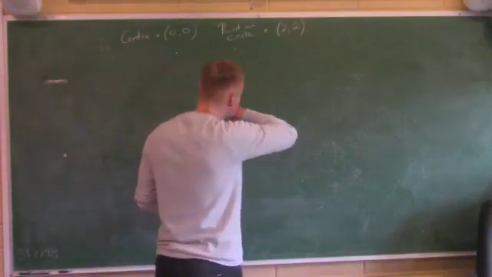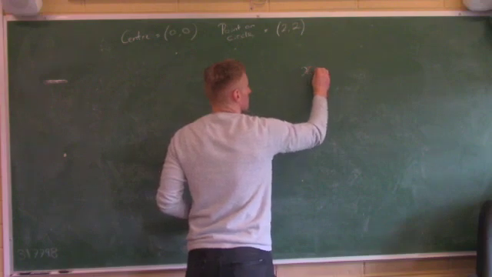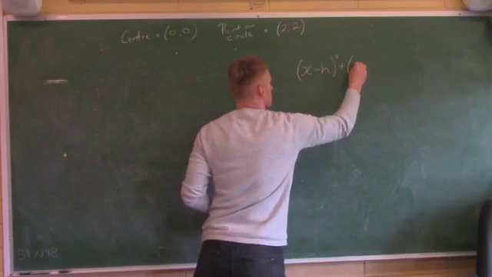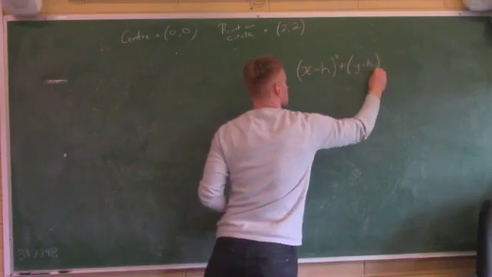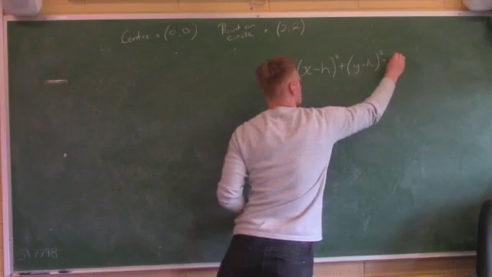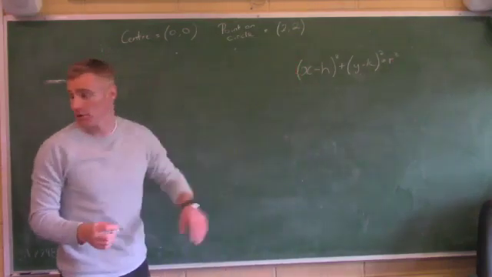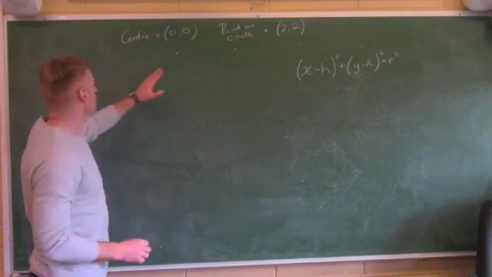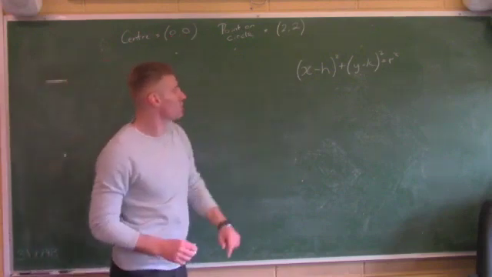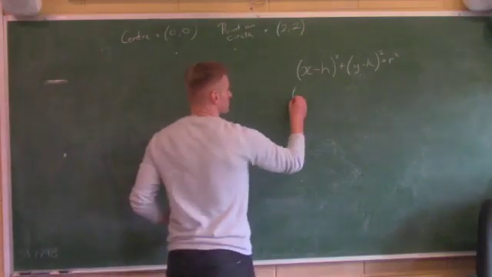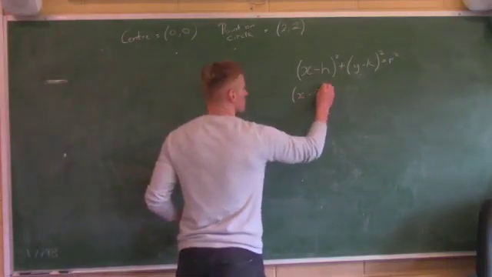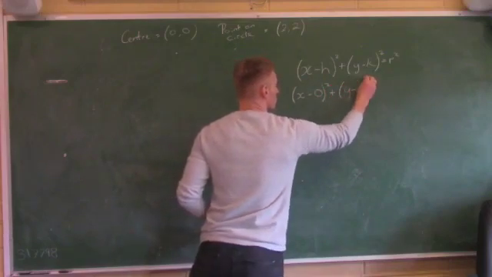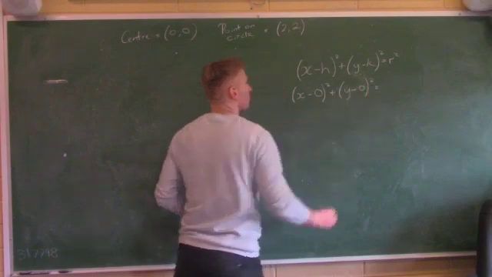So let me write down the formula and get marks for that. (x minus h) squared plus (y minus k) squared equals r squared. Where did I get that formula? Page 19, log tables. Now, lovely, I have my centre, 0, 0. So let's put that in: (x minus 0) squared plus (y minus 0) squared equals